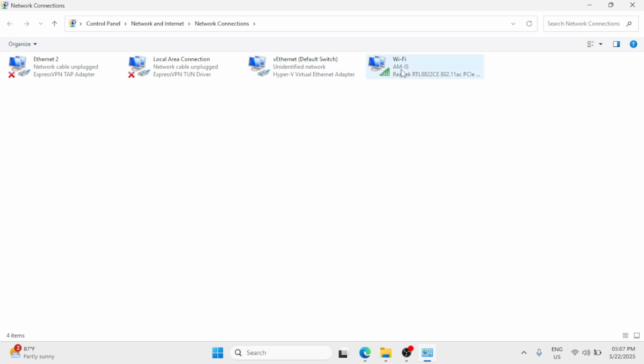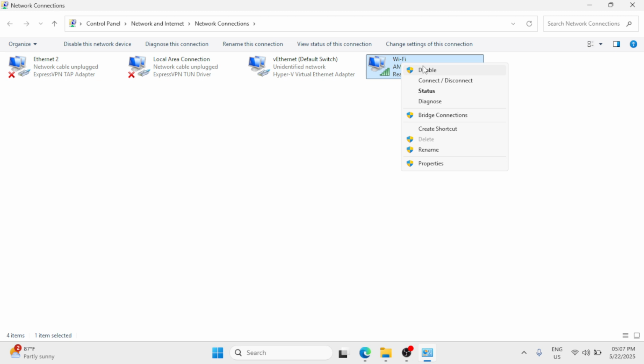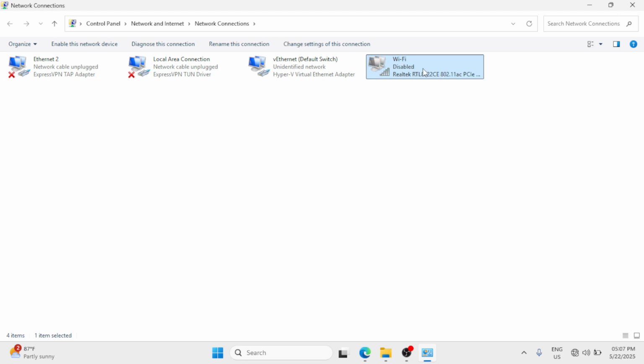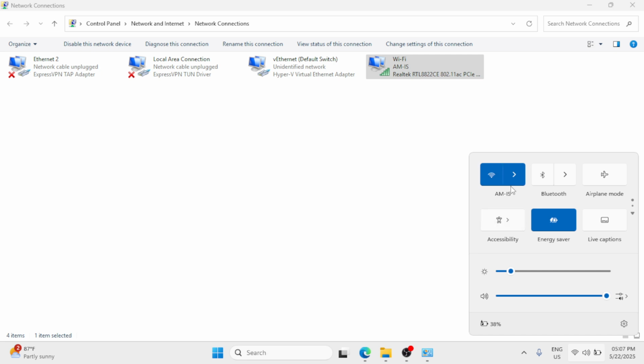Locate the Wi-Fi, then right-click and select disable. Wait for some time, and then right-click and select enable. Now once enabled, you will see that it will be identifying the connection on your Windows. Okay, and now I am connected to my network connection, and this is now showing